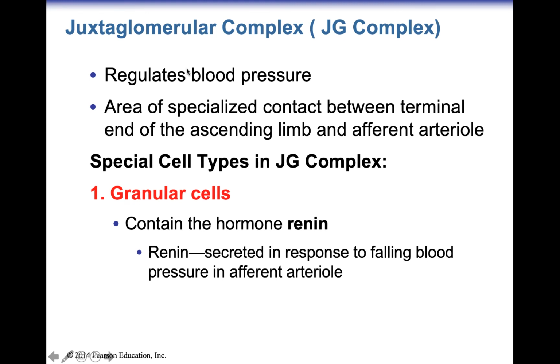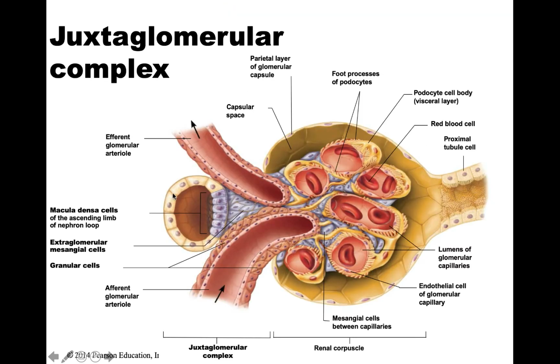So that whole structure right here is called the JG complex. Let me draw this out. Usually I would draw this on a board for you. But what a nephron actually looks like is a little bit different than what we've taught you so far. We teach you in a basic form to understand the different structures of a nephron, like PCT, loop of Henle,